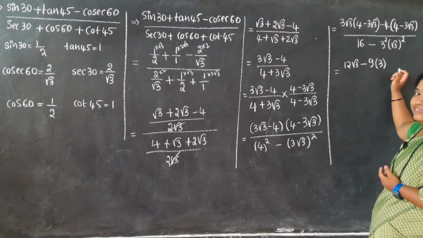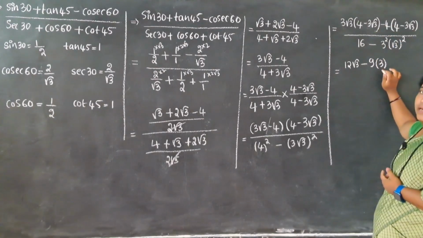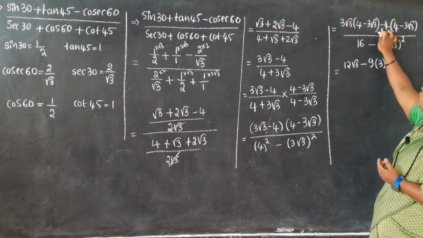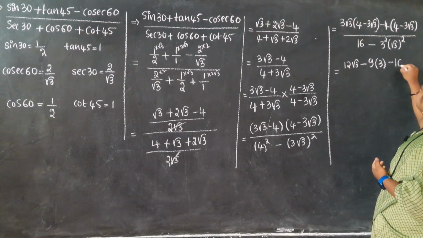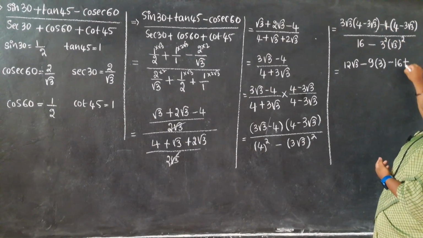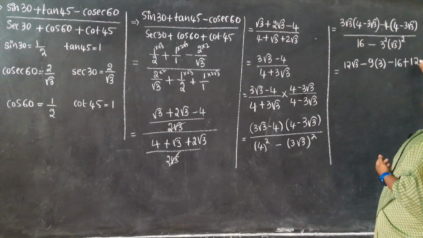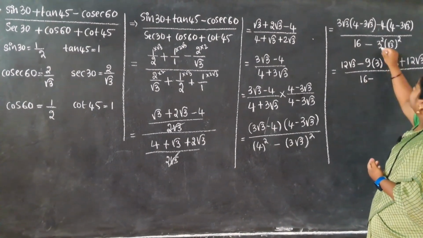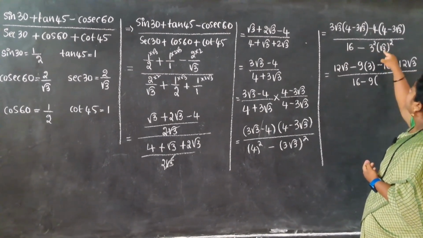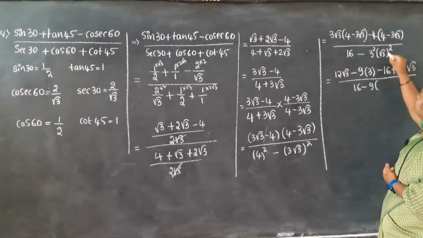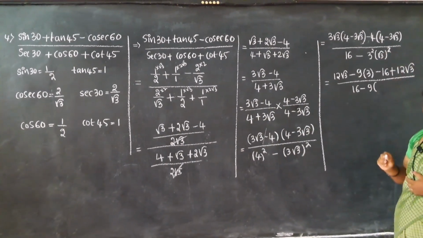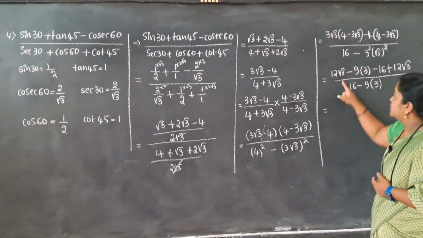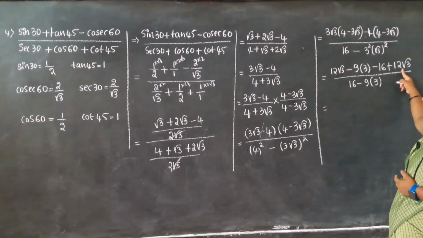So I am left with only 3. So root 3 into root 3 will become just 3. Minus here, when a negative sign is there, be more careful. 4 4s are 16, minus into minus plus, 4 3s are 12 root 3, whole divided by 16 minus 3 square is 9 root 3 the square. With respect to the square and root will get cancelled. I am left with only 3 here. Fine. Now simplify this. 12 root 3, 12 root 3.